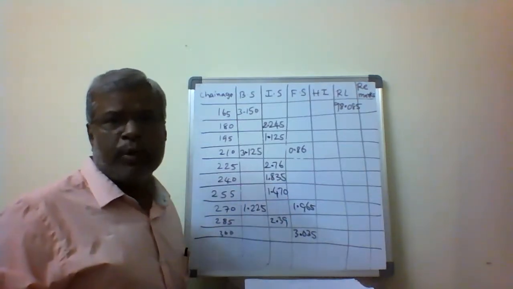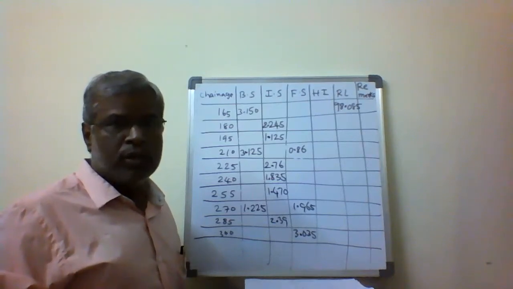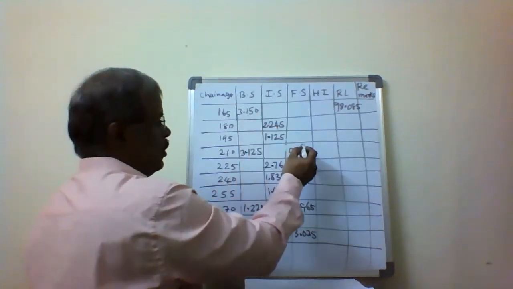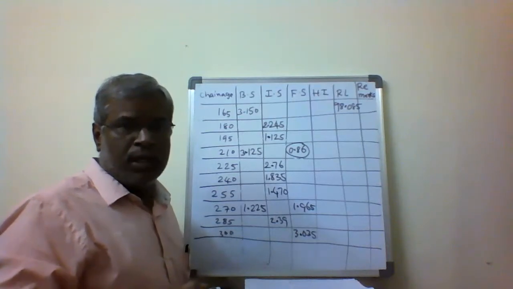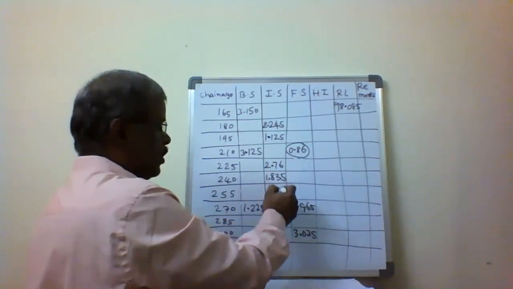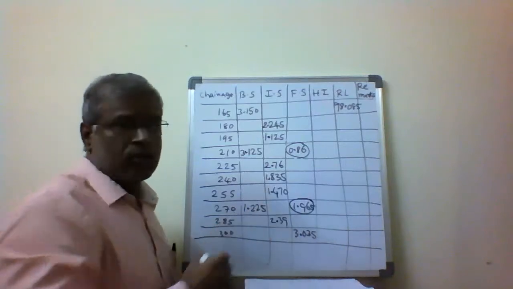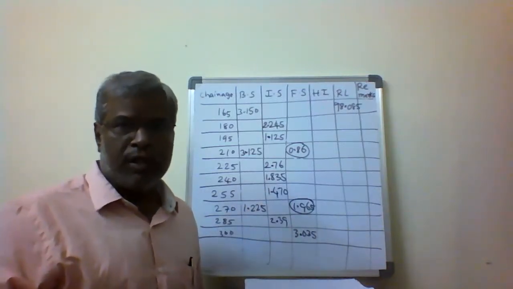Staff readings are going to be taken. Based on the readings given, the fourth means 1, 2, 3, fourth reading. This is the fourth reading. Then the ninth reading: at the fourth and ninth readings, the instrument was shifted. 4, 5, 6, 7, 8. This is the ninth reading. So the fourth and ninth readings are going to be entered into the foresight column.